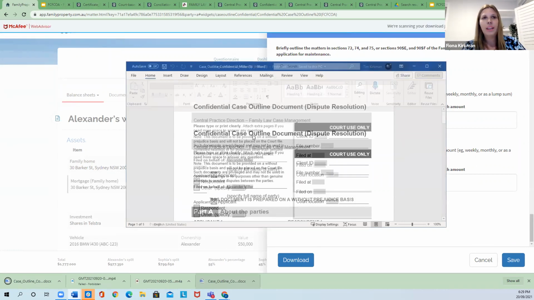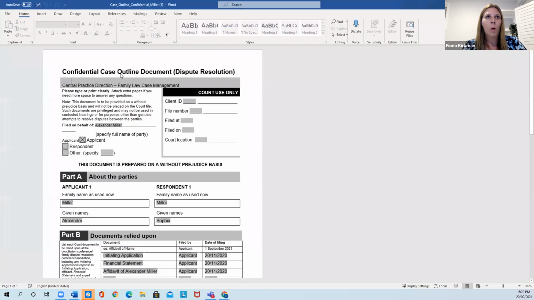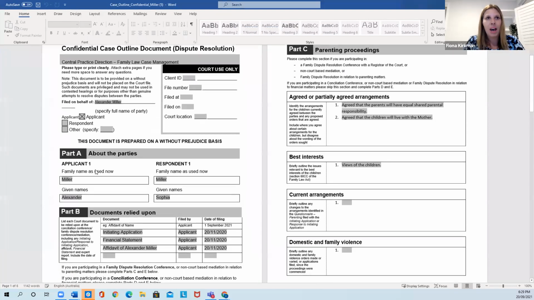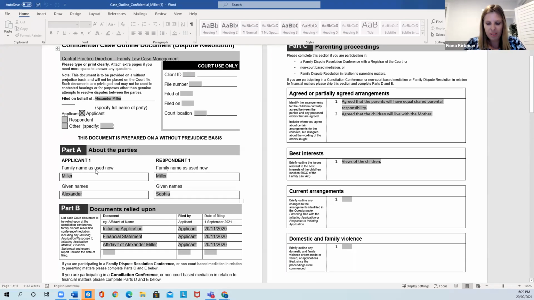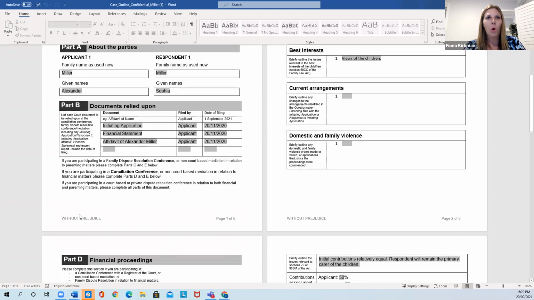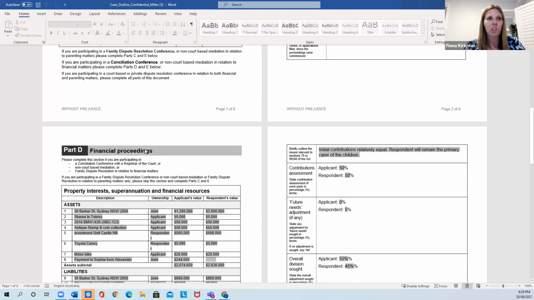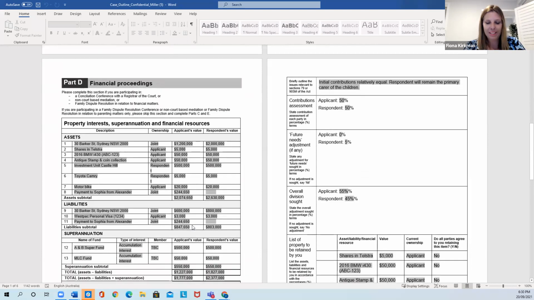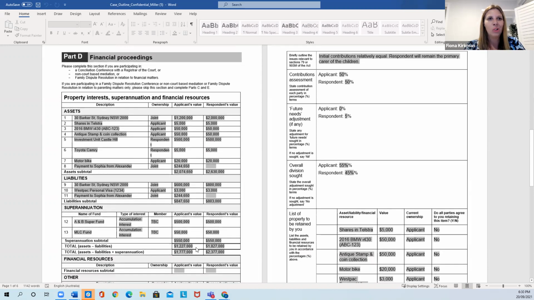So as you can see here, the form auto-populates with the parties' details, the documents relied upon, the parenting proceedings and the information that you've completed there. It automatically populates the whole balance sheet and auto-calculates the assets, liabilities, superannuation and totals.